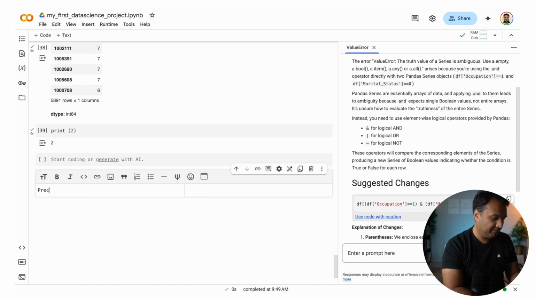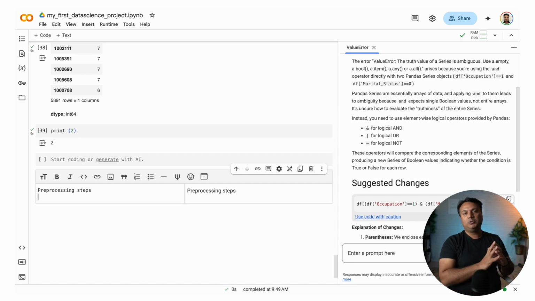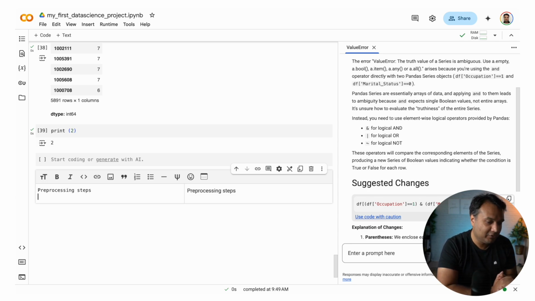Pre-processing steps. So pretty much every time you want to use a machine learning algorithm, there are some pre-processing steps which you would have to take. And these steps help you clean up the data so that there are no null values. You only keep in what is useful. So all of that stuff you have to do just if you want to feed the data into the machine learning algorithm. First thing is that we have to deal with the null values.